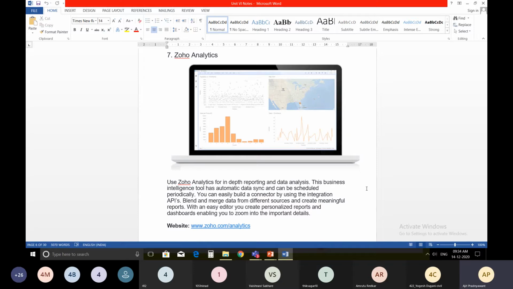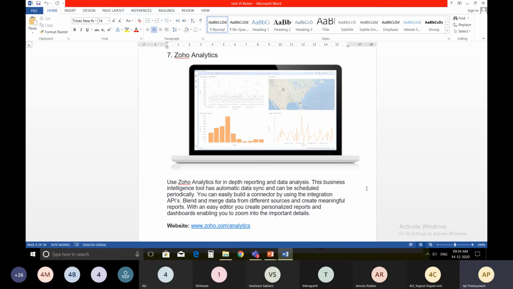You can have periodic data collection, and this automatically does the synchronization of the data. You can easily build a connector by using the integration APIs, blend and merge data from different sources, and create meaningful reports. This is the functionality of Zoho Analytics.